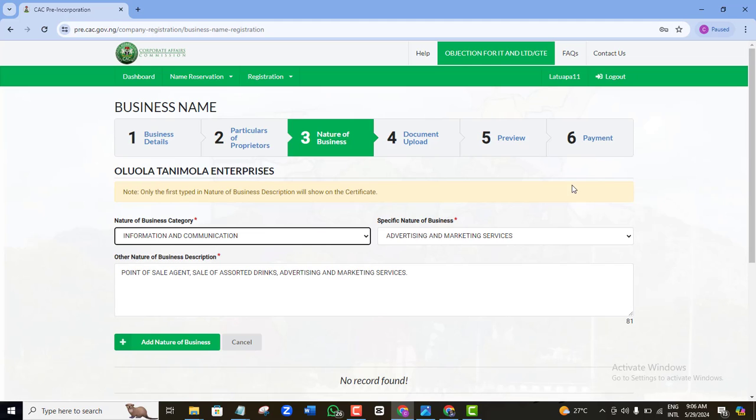So once you have done your queries, you have fixed them either in nature of business or upload certificate or business details. As a matter of fact, most times your queries will always fall under either business details, where they ask you to change or edit your address, or nature of business, where they ask you to recouch or that your business is too vague, or to upload the relevant certificate, ID or proficiency certificate.